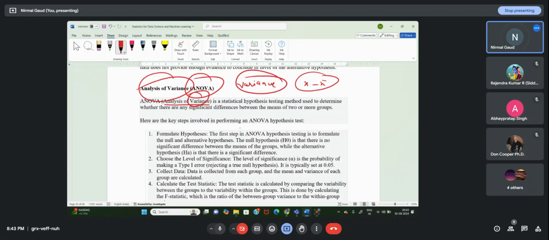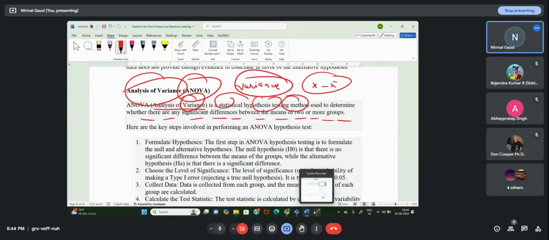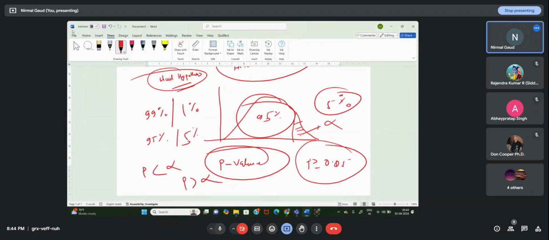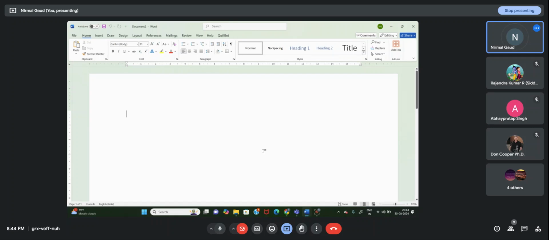कैसे करेंगे? How? So ANOVA is a statistical hypothesis testing technique to determine whether there is any significant difference between the means of two or more groups. अच्छा, तो भाई अभी थोड़ी सी बात समझ में आई. क्या समझ में आई? What we got to know here, that sir,